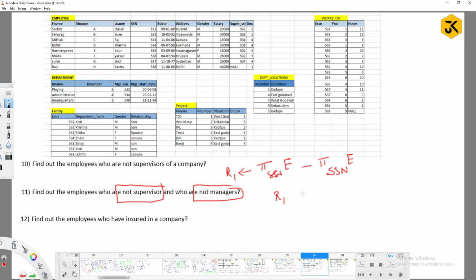Intersection. Can you apply intersection or not? The and operation, R1 and R2. Both have to hold. If you make it R1 or R2, what you get is those who are not managers or not supervisors. But I need to have only the and operation.